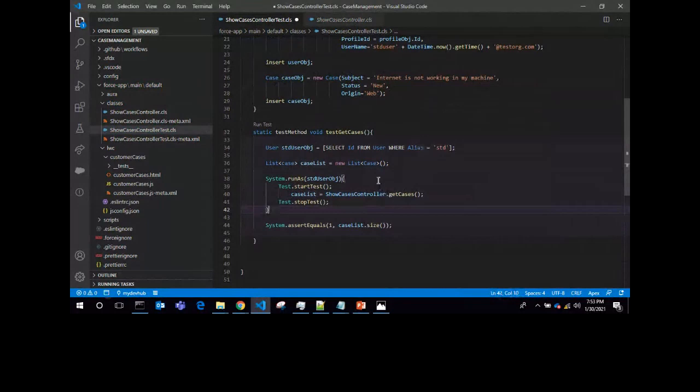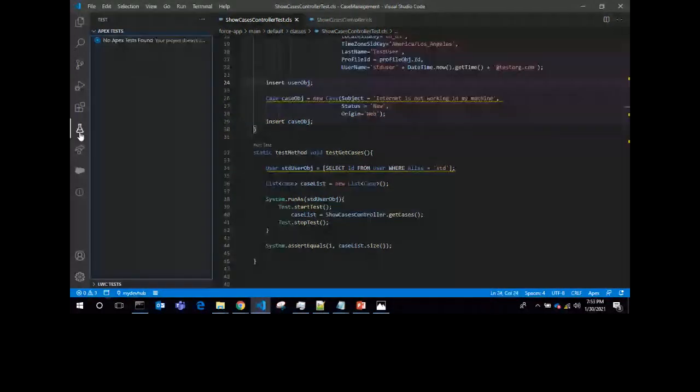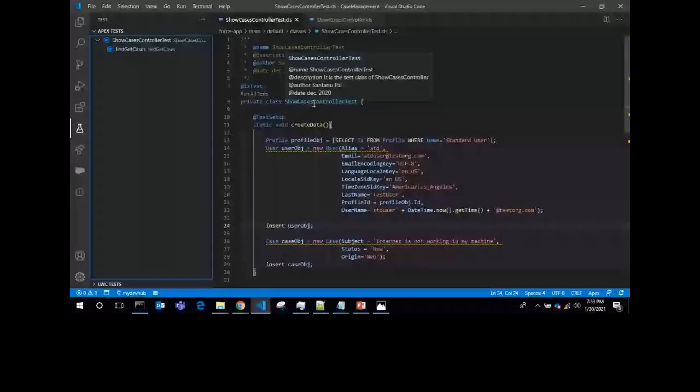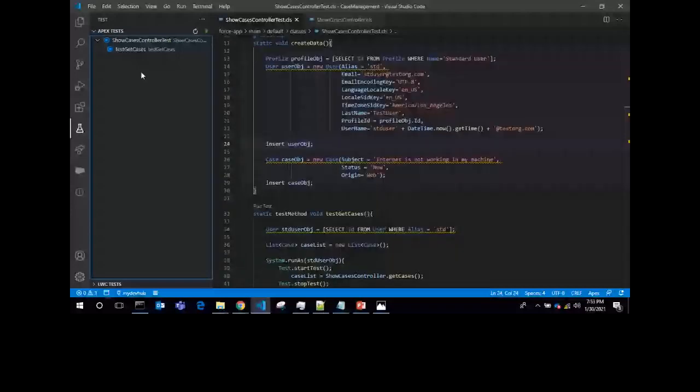Now if I click on the test runner and refresh, you can see this test runner will show the test methods of your Apex test class. Please ensure that you correctly mention the JDK path in VS Code settings. Otherwise, this section will not show up here.